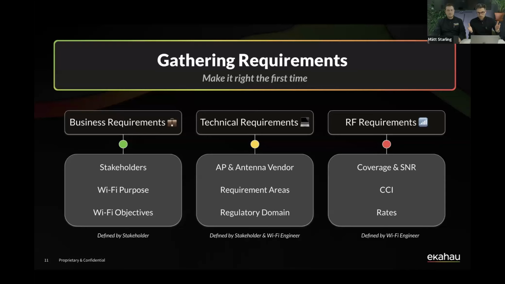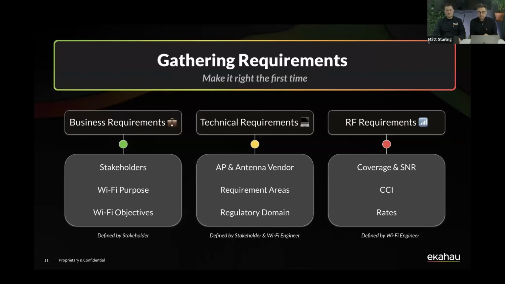I'm sure lots of us on the webinar today have probably had conversations with your stakeholders, your customers, and you ask them, where would you like your Wi-Fi? And they go, everywhere. And you go, okay, everywhere. So you mean bathrooms, you mean stairwells, you mean the garage, you mean the car park, you mean outdoors. That's going to be quite a few more access points. They go, whoa, hold on a second. Let's scale that back a little bit. Maybe we don't need them in some locations.